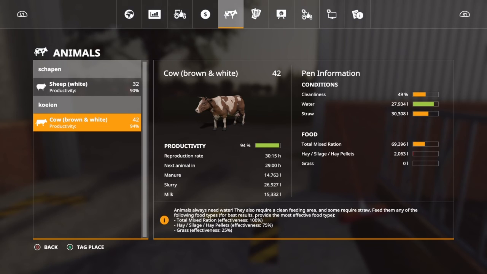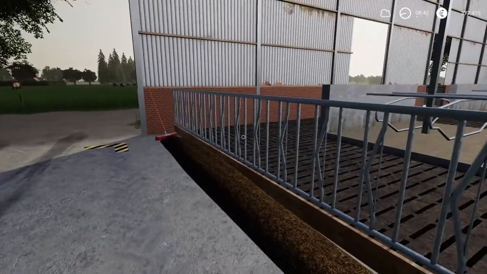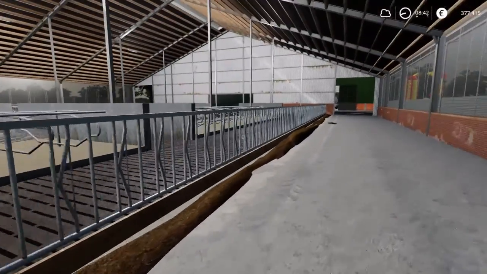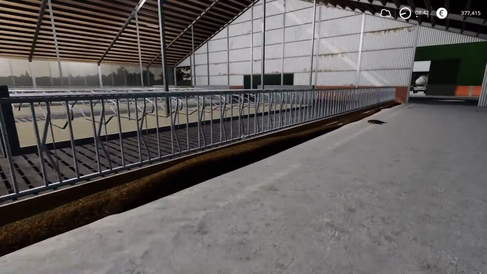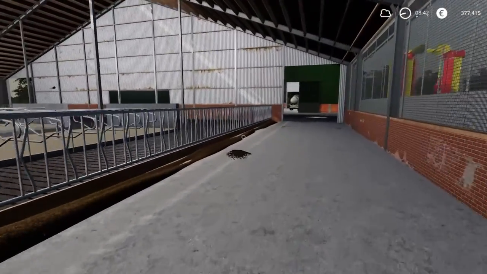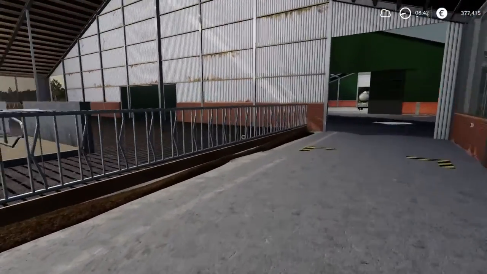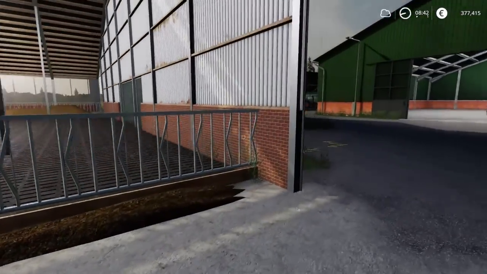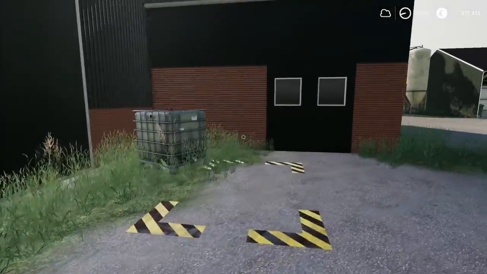I'm wondering if I'm doing it wrong, if I should use a bucket in front of my tractor to dump it directly in the food tray if the TMR level is then being filled up, or if this is the way it is done. I don't know. Anyway, moving on to another